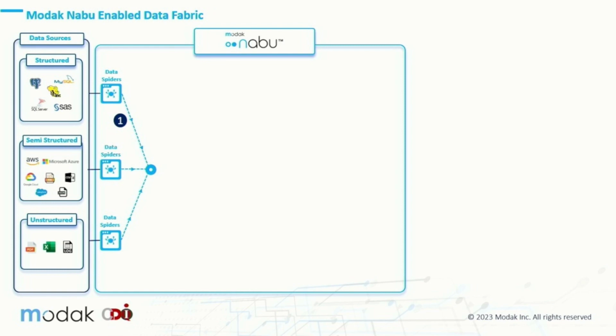So what we do at Nabu is, we first have what we call data spiders, which crawl all the technical metadata and suck it out from dictionary tables or your file systems, telling you that this file exists here, this file exists here, even in cloud applications like Salesforce or Veeva Vault or whatever those are. You basically capture all the technical metadata and suck it out of the system. Once we do that, we have all of that information in our repository, which is called Kosh, and we store all the technical metadata there.